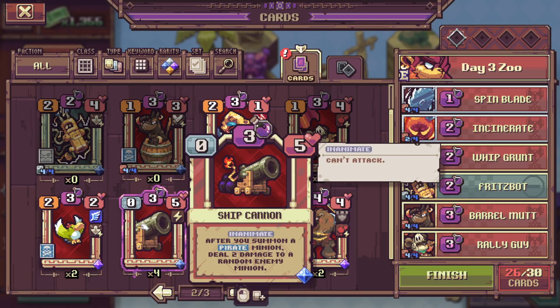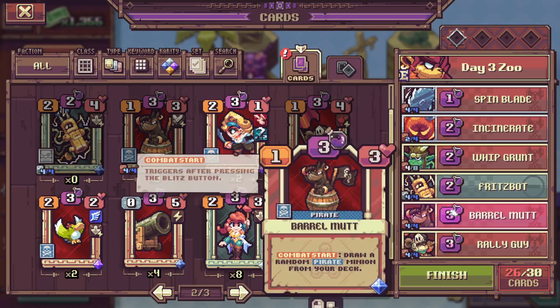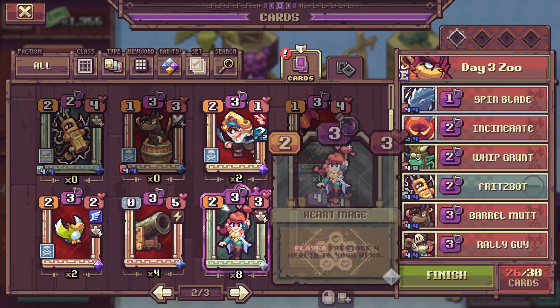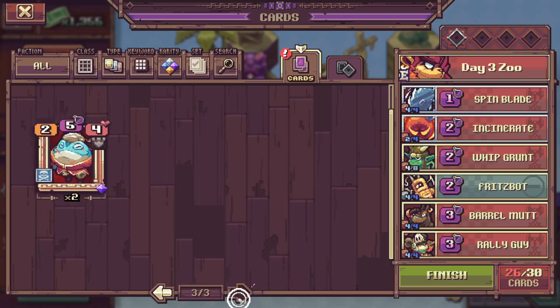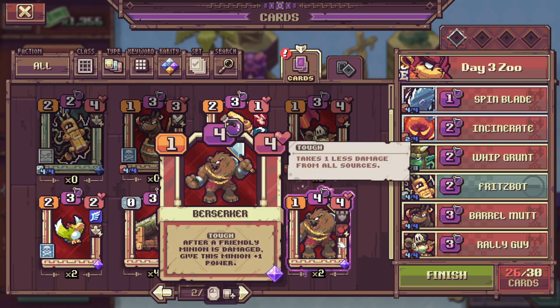Ship Cannon. This is really, really tough because Ship Cannon does not contest the board by itself, right? I play this, all it does is block a handful of attacks. And it does control the board extremely well if I have pirates to play to proc it, but I will have fewer pirates to play because I'm playing fewer pirates, but I'm also searching them with Barrel Mutt. So, do I want cannons? Well, I'll tell you what I do want is, oh, I took her out. If I could afford the level points to have the one that summons 2 cannons, that would be a no-brainer